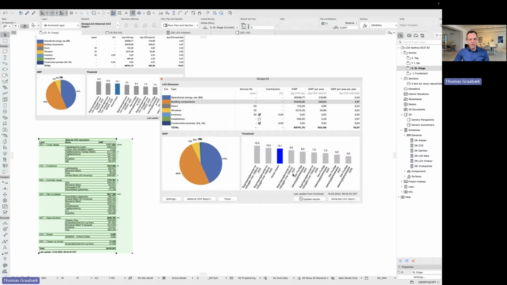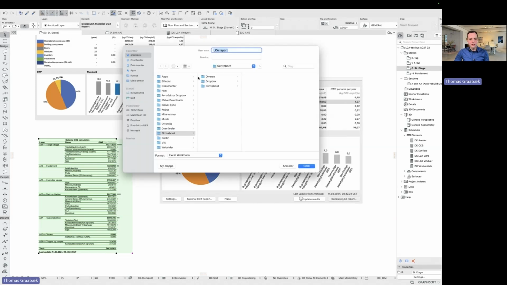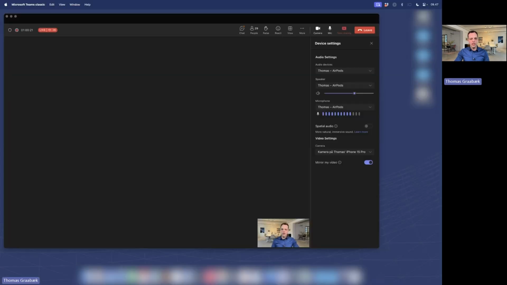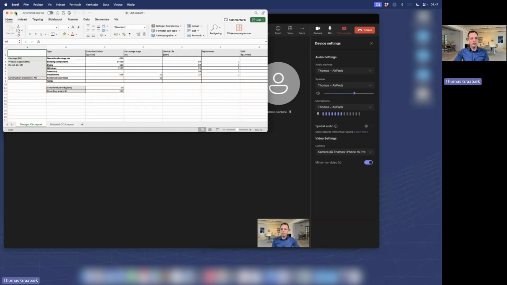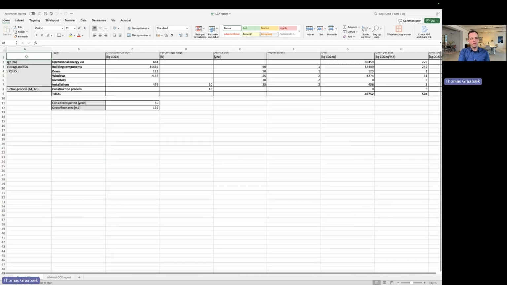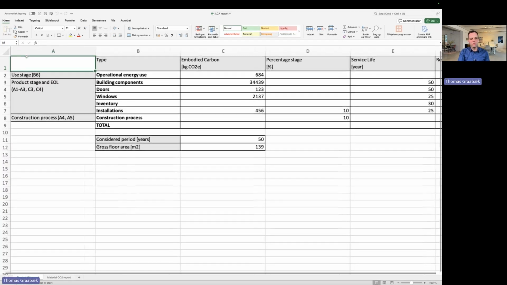If I want to get out of Archicad, I can generate an LCA report. Just place it on my desktop and open it right away. And this will move my calculation from Archicad into Excel. And I have the whole calculation as you saw before here.